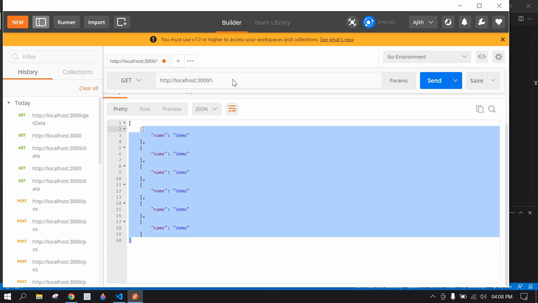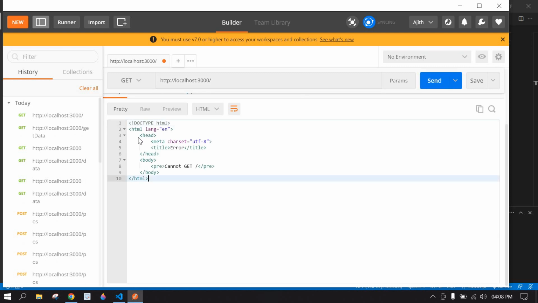If I remove this getdata and click send, we get an error message. Okay,